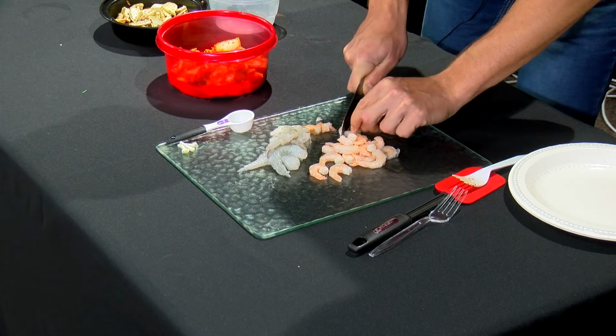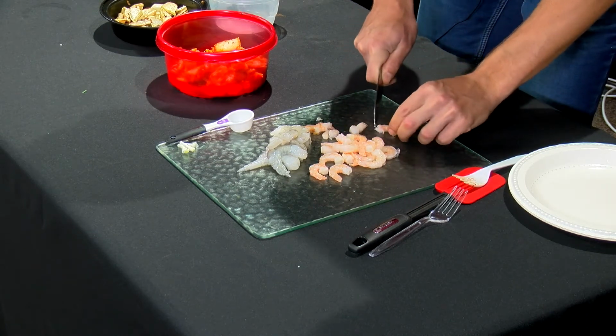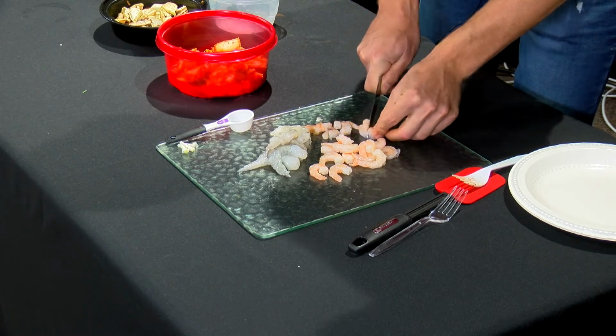So we're just going to chop this up, work your way through this pile, and we're going to fast forward through this, and we'll come back and add the other ingredients to our pancake batter. And actually,